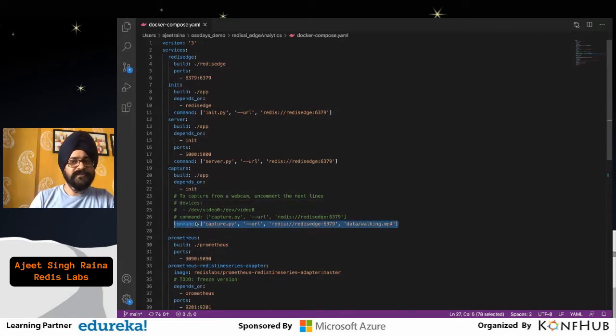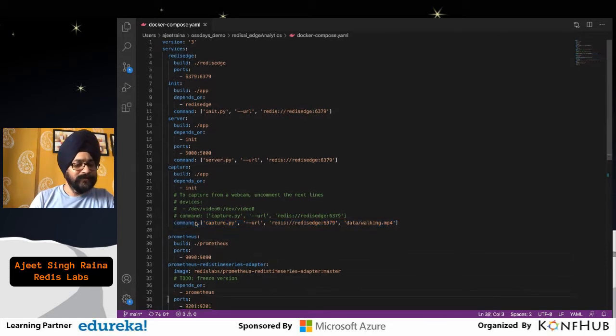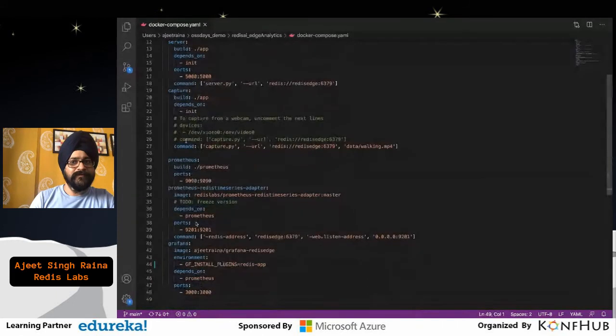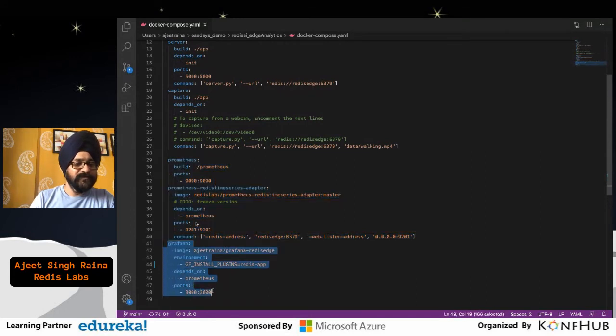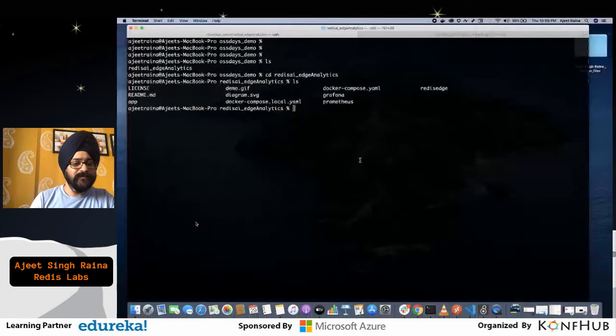Prometheus here is optional, but if you are using Redis time series, then you don't need that because we already have the Redis data source for Grafana, which is available. I'm just showing an example; we won't be using Prometheus here, but you can still go ahead and specify that service. For Grafana, with Grafana 7.0, there is particular support which has come where it integrates with the Redis data source.